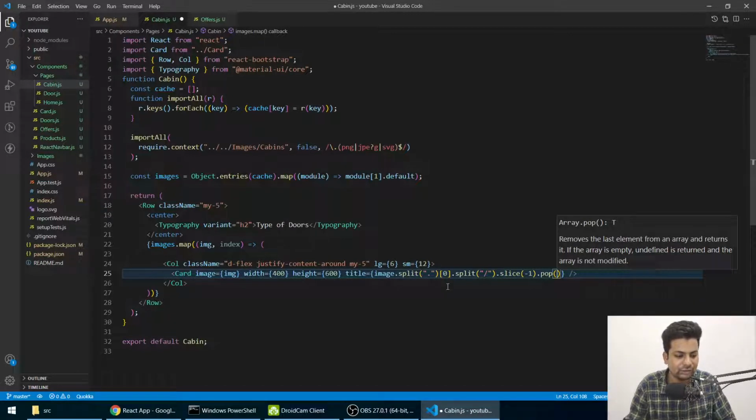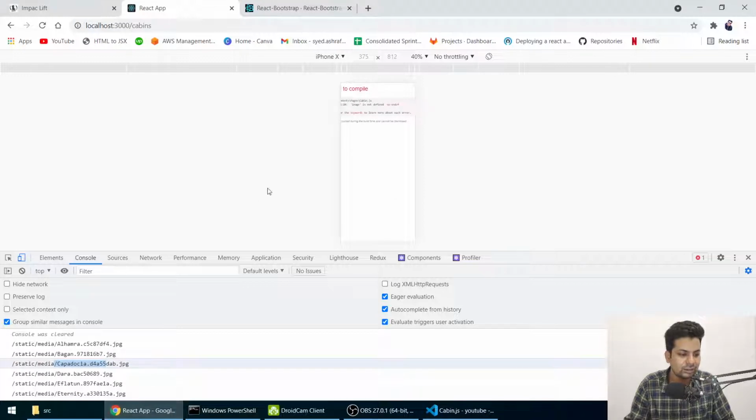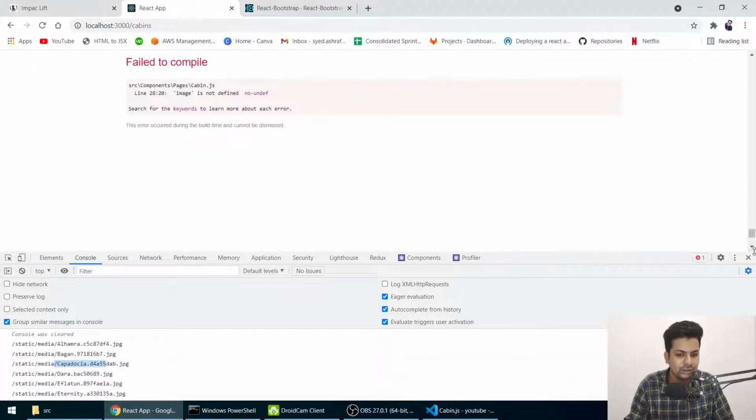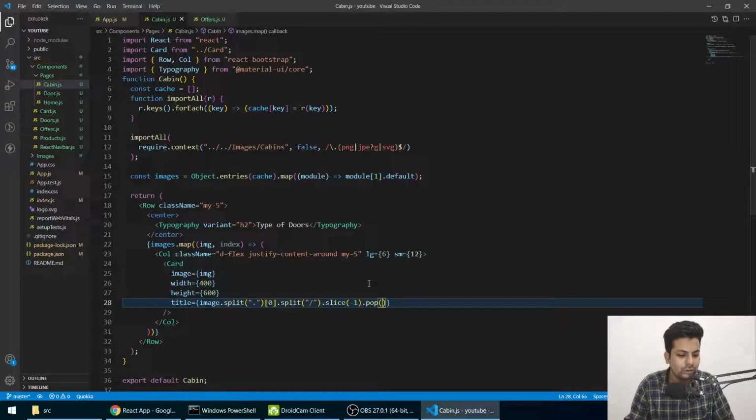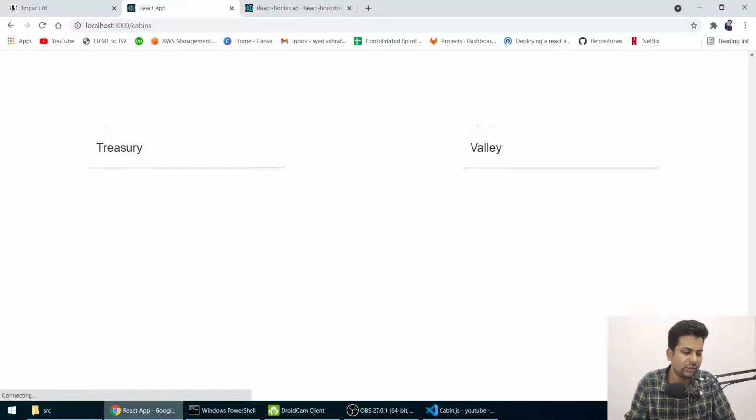Let me just save it and check. There's some error. Let me just remove this. Image not defined. Okay, it's img not images, also img. Save it.